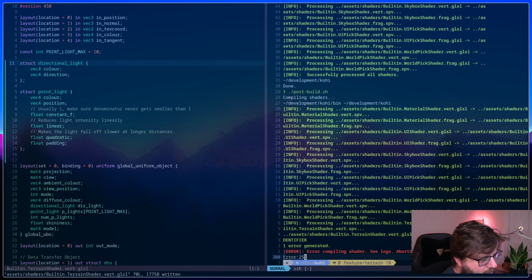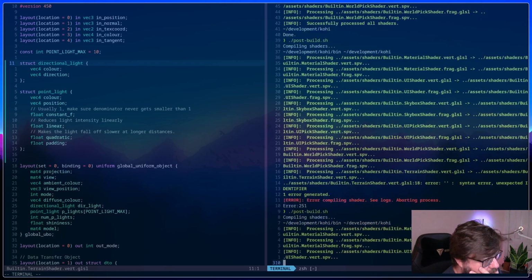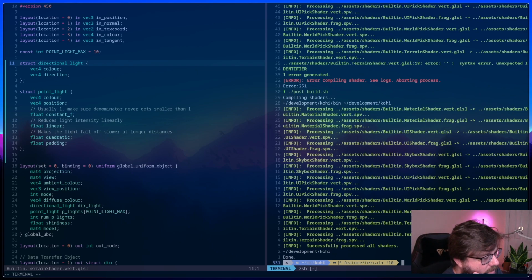Okay, so post build again. Successfully processed all shaders. Sweet. Okay, so